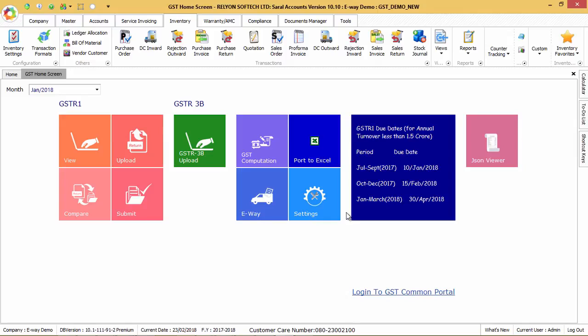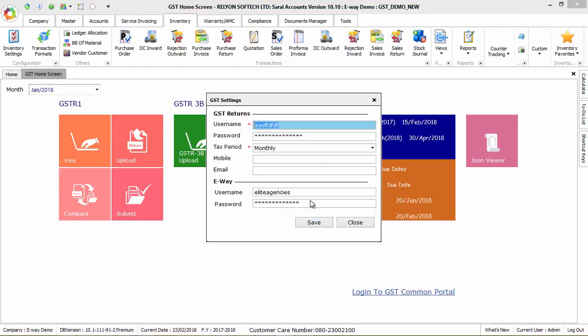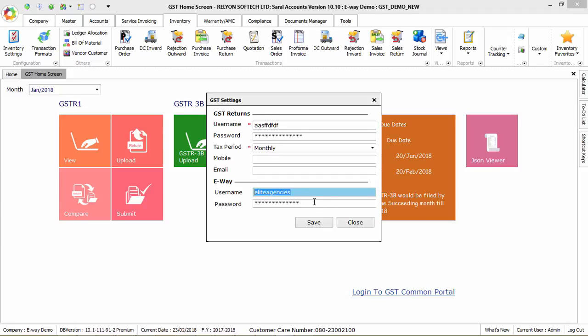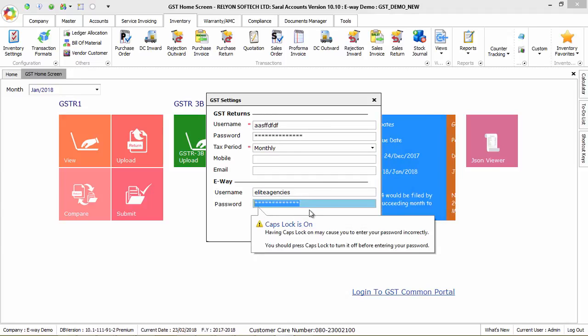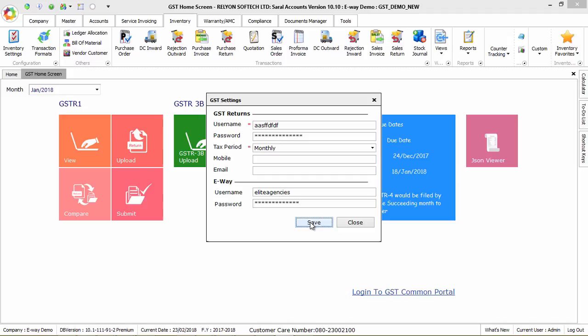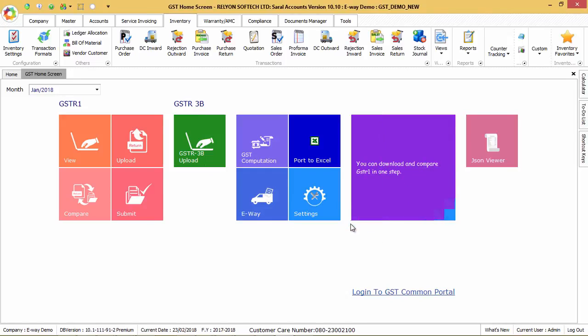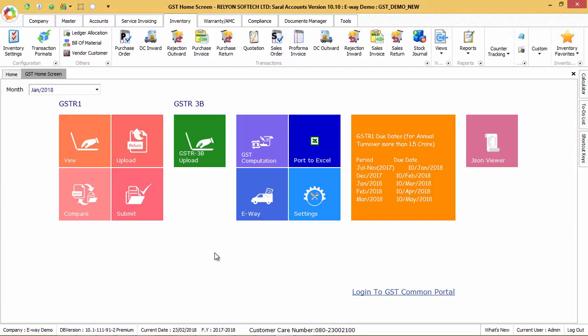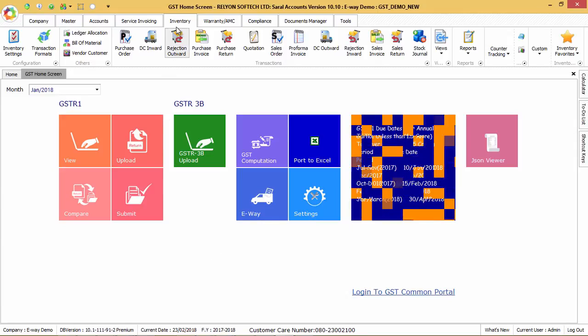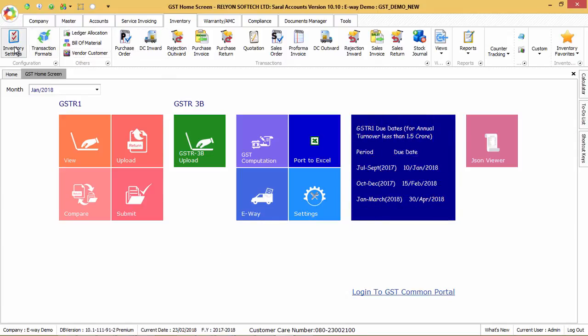Here, click on Settings and enter the e-way bill common portal login details and save the information. After these settings are done, go to the inventory module and click on Transaction Formats.